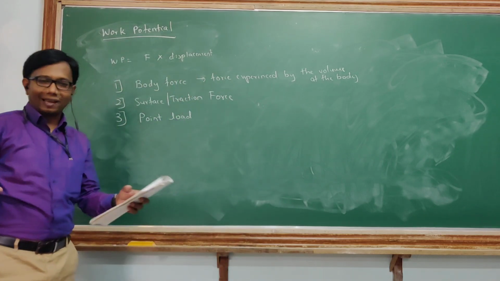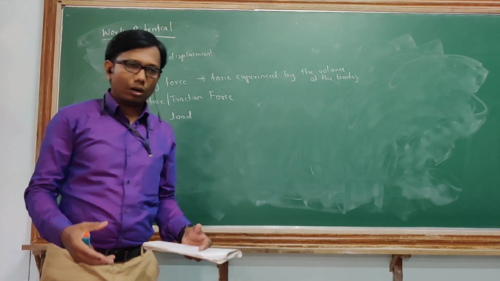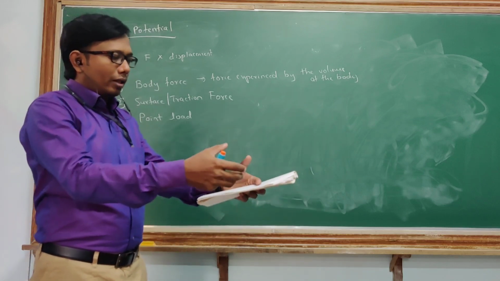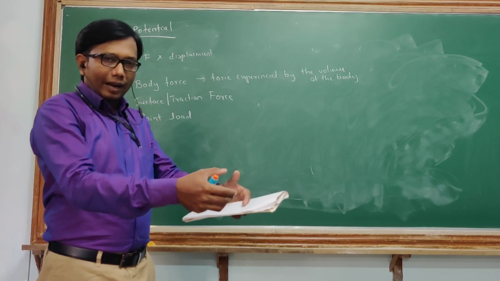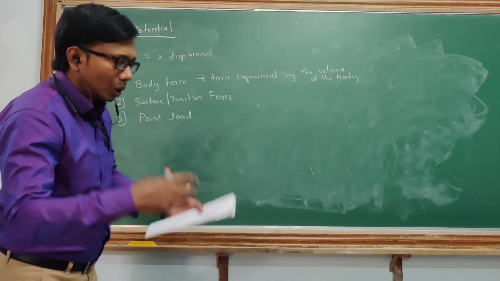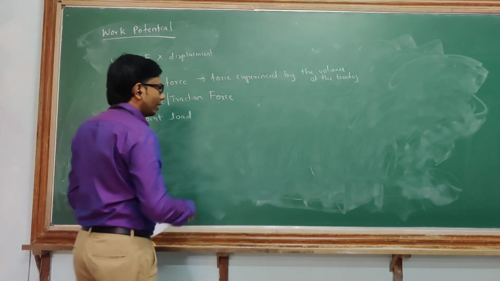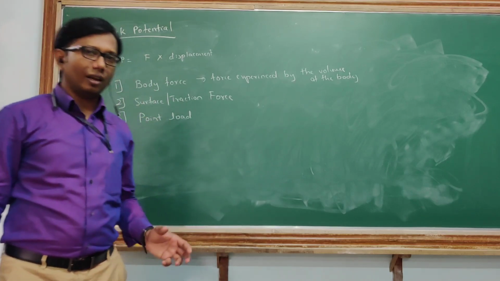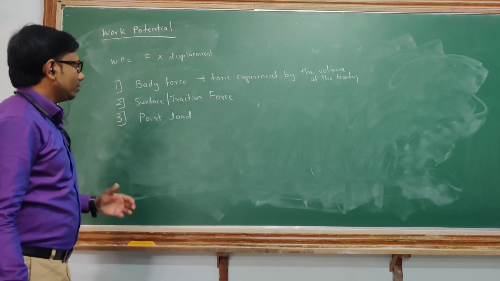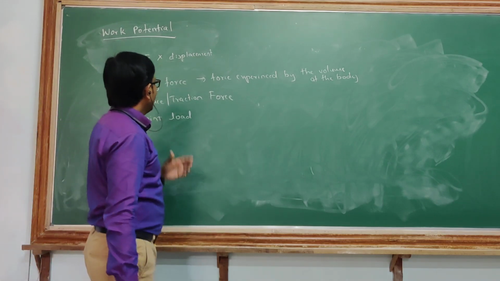If I take magnets and try to connect them, unlike poles attract each other, so they will try to attract. When they are attracting, you can feel that the whole body is trying to attract the other object, which means the whole body is exhibiting that body force. So that is an example of a body force.